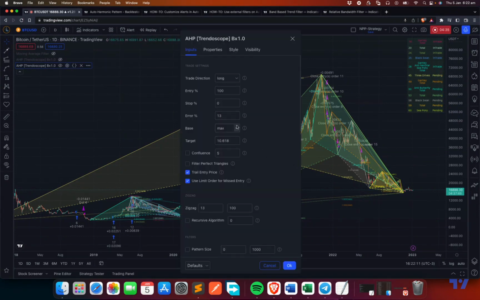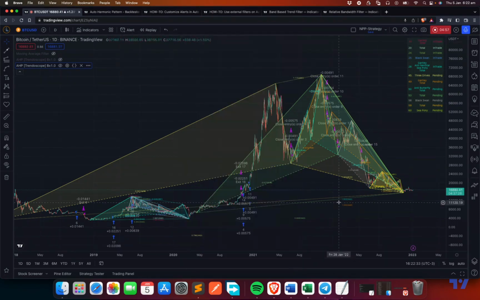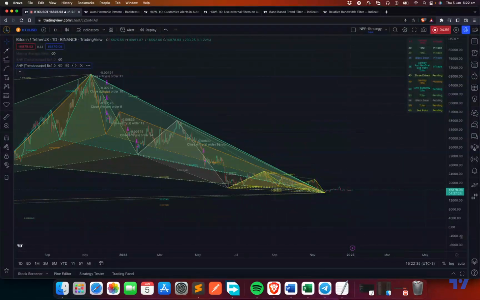Next set of important settings is entry percent, stop, and target. This actually defines your trading strategy mainly. For example, what I mentioned here is entry at 100%. That is more appropriate for a trend following method, right? And the targets are pretty high, like 10.618 is pretty high. So what I'm saying here is